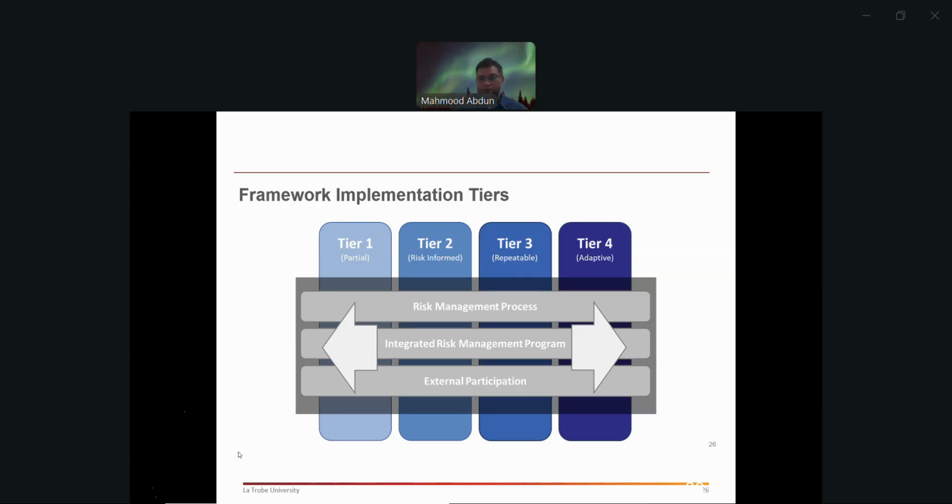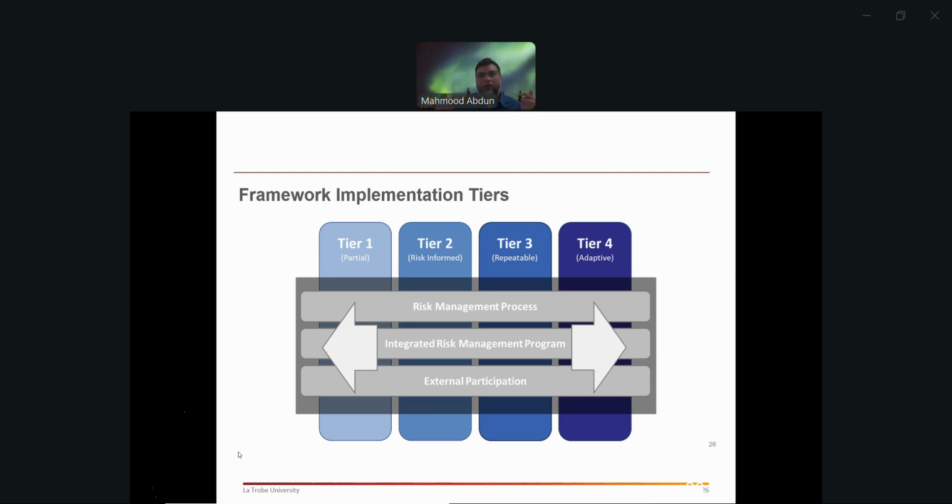Tier 3 is repeatable. So in this tier, basically, they know how to do things in a repeatable fashion. That means they document the controls that they're using. They're identifying most of the vulnerabilities. They are patching those vulnerabilities. They have an established process of identifying threats and getting on top of the threats. However, it still lacks the kind of security posture that would harden the system for 99.9% of the attacks.